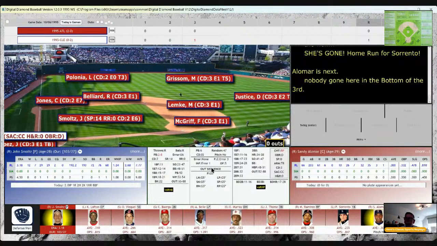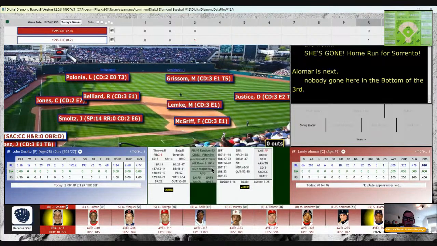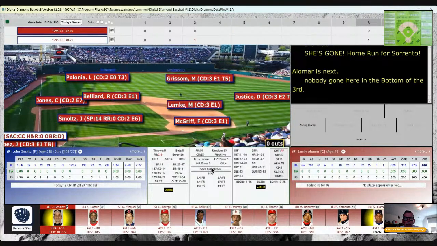And that's going to bring up Sandy Alomar as he high fives Sorrento as he heads to the dugout. Smoltz throws down his rosin bag in disgust and glares at Alomar. 2-8 against Alomar. Nobody on, so it's no BD. Will be on Alomar's card. Roll of 56, however, is an out.